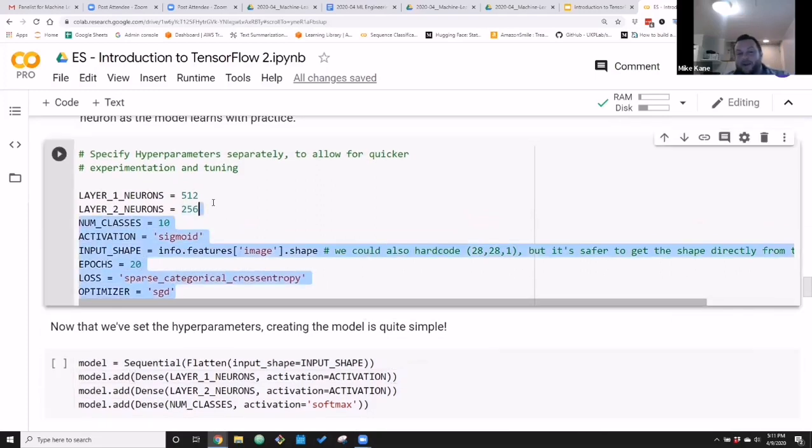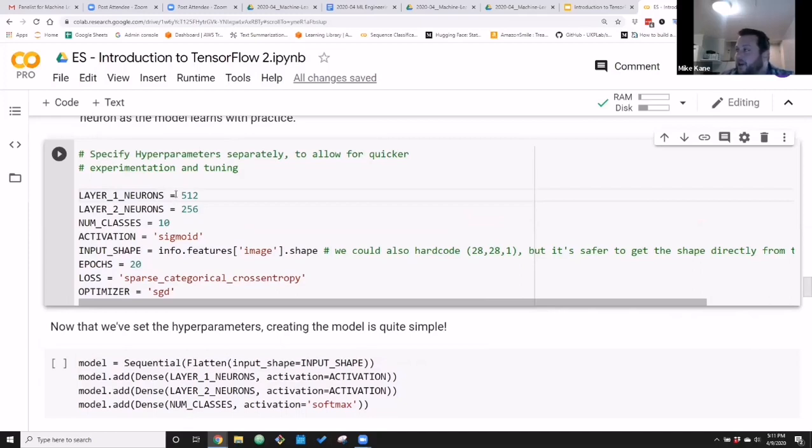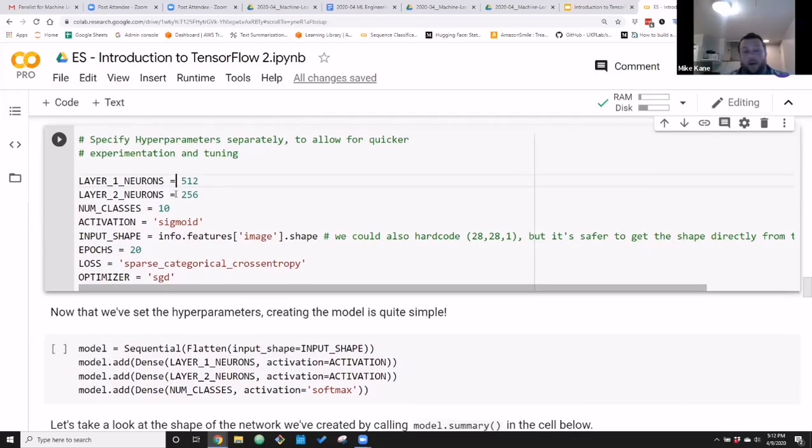Now, what really matters is this stuff. That's where the magic comes in. Because, again, as we said, there's no hard and fast rules. There's no equation I can give you to say, just crunch these numbers, and this will tell you exactly what your neural network should look like. It'll tell you how many neurons it should have. It'll tell you what activation function you have. We don't know enough about deep learning to do that yet, and we may never. So essentially, this is the reason why we all have jobs if we're working in this field, because we understand how to tune these things and how to practice and make it better and try different things and experiment with them.